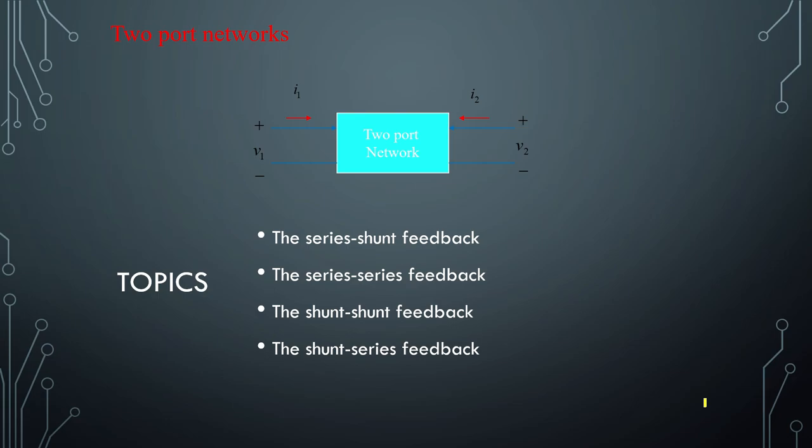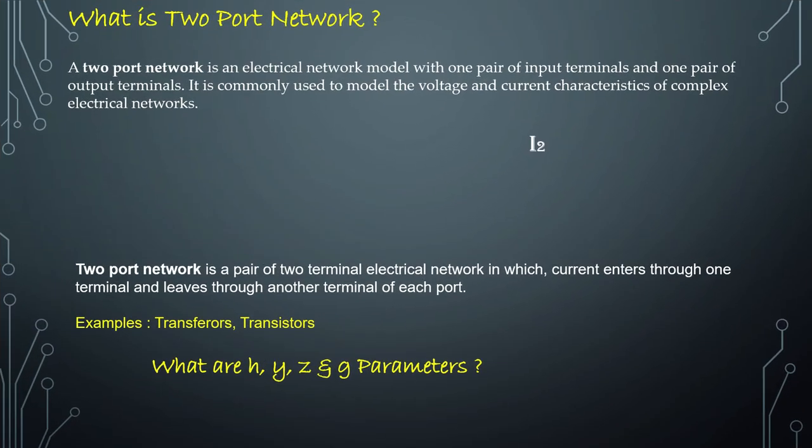Now these things are using the two-port networks. What we discussed in the previous diagrams are the two-port networks. We discussed the series shunt, that is voltage amplifier, current amplifier, transconductance amplifier or transresistance amplifier. They have the structure of two-port networks. So let us have a brief introduction about the two-port networks and hybrid parameters, as we call them.